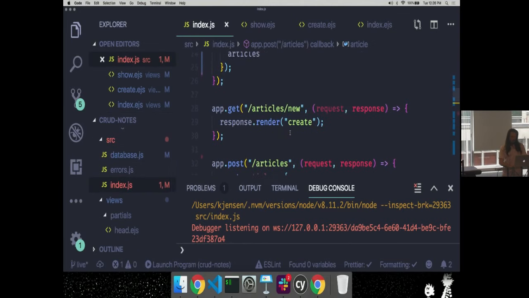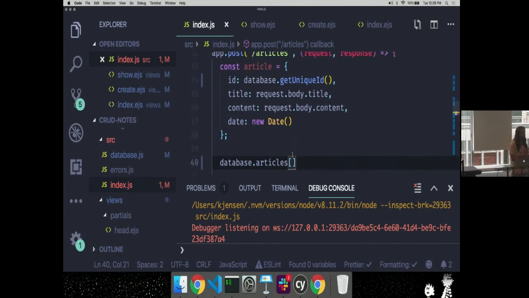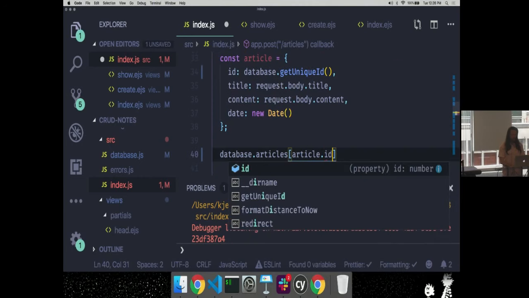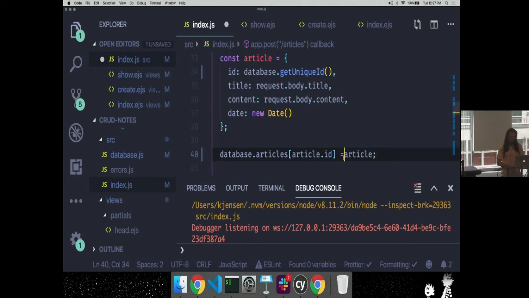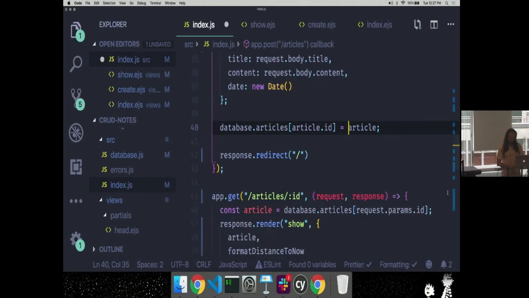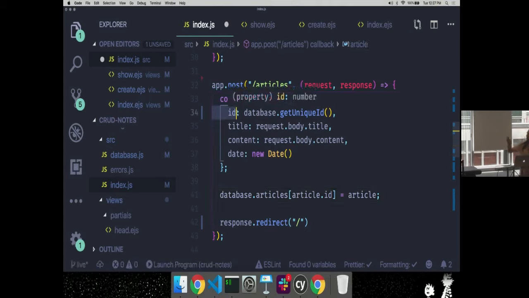So now I make my request, I make my article, and what I need to do now is know the ID of the article so I can insert it into my object. But because I created the article here, I can say article.id, right? That's just going to use the ID that was just created, and it'll use it to insert that article with that ID into my object database. Oh yeah, it's within the post request, which is why you're able to call the article ID like that, because it knows that you're referring to that article. The one that I just created right here, exactly.